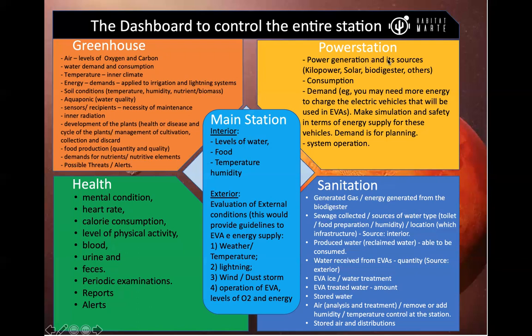Related to the power station, the main station needs to know information about the generation of energy, how much energy was generated from the kilopower, also from the solar panels, also the biodigester in the sanitation center and other sources, and how much energy has been consumed in the station, and also the demands. Also, if in the engineering center we are planning extravehicular activity, and we are imagining that